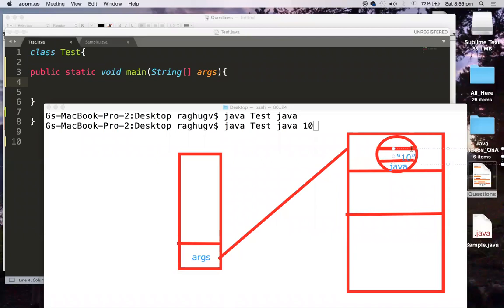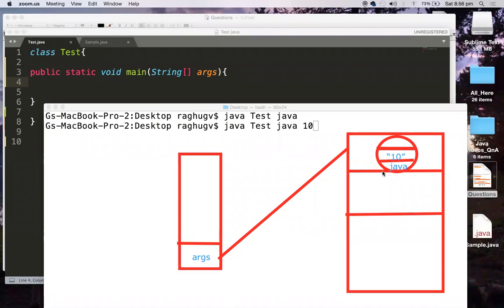This 10 is represented as a string because it is a string array. The array object consists of n number of slots, and each slot is occupied by the command line arguments that you are passing. So Java is the first argument that goes over here, and 10 is the second argument, and everything will be in the form of strings.